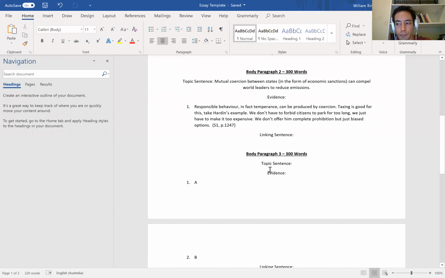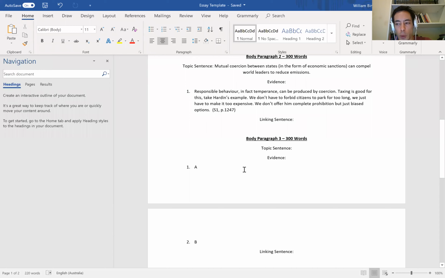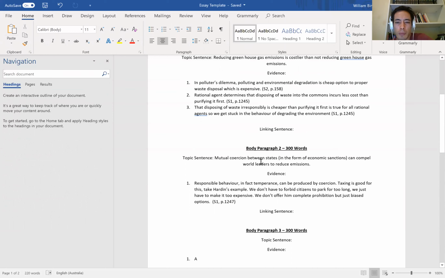Okay, so in body paragraph 3, what might I do? I'm still not sure. Some leaders might really be opposed to sanctions. They've all got to agree to do it. And it's like I'm trying to come up with a topic to write about. I seem to have hit a mental roadblock. Well, when that happens, what I'm going to do is, speaking outside of scenario now,